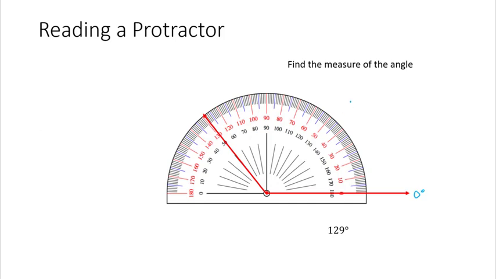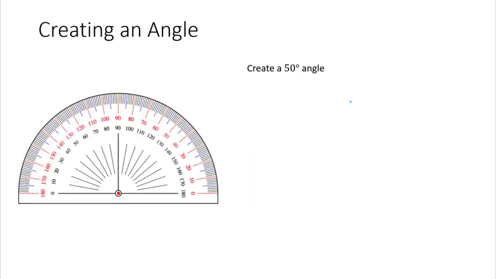Now, the last part is, how do you create an angle with a specified measure? For example, if you're told to create a 50-degree angle, what would you do? Well, it's basically the same idea as reading the measure. We want to create two different rays. So we have the endpoint right here on the center, and we create a ray, this red line. You make the center lined up with that center part. And then we draw the other side